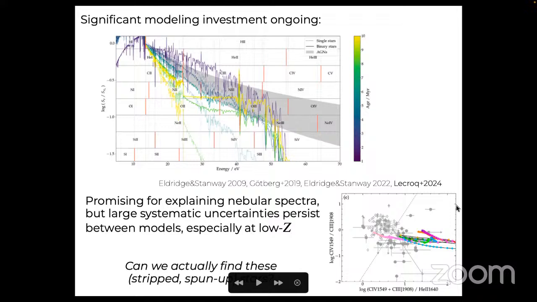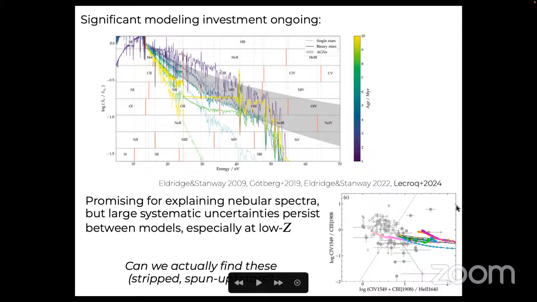and is ongoing, but we think help quite a bit for explaining this high ionization emission, in particular for explaining these very strong helium-2 and carbon-4 lines. These models do get you into this zone, depending on which modeling framework you ask. But